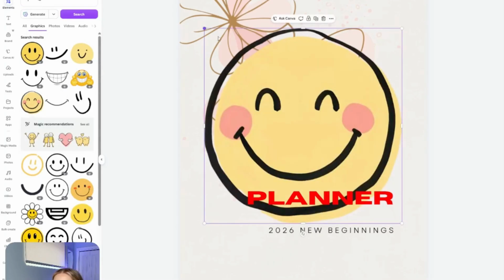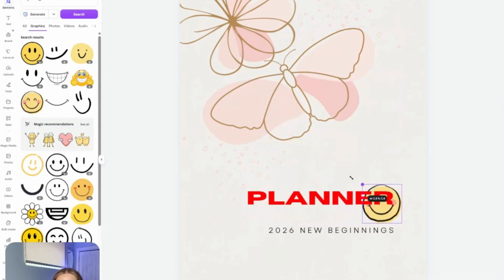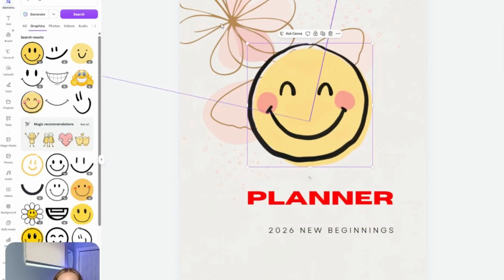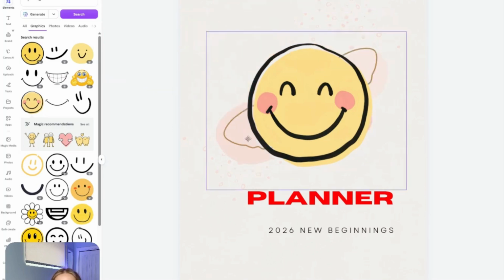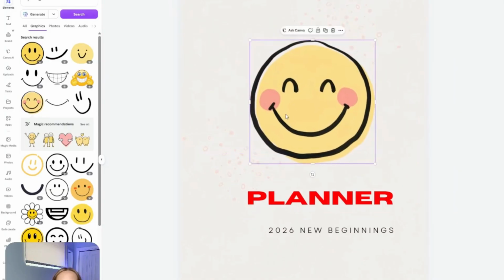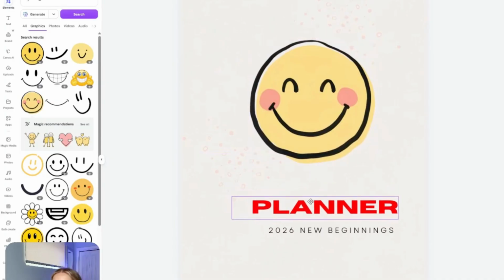You just simply click on it. You can make it larger or smaller. Let's say I want a big smiley face, and maybe I don't love these ones here. Just click delete, and you can take it out. How neat is that? I'm just going to delete that as well. So look, the planner looks different already, but I was able to get the template to kind of decide where